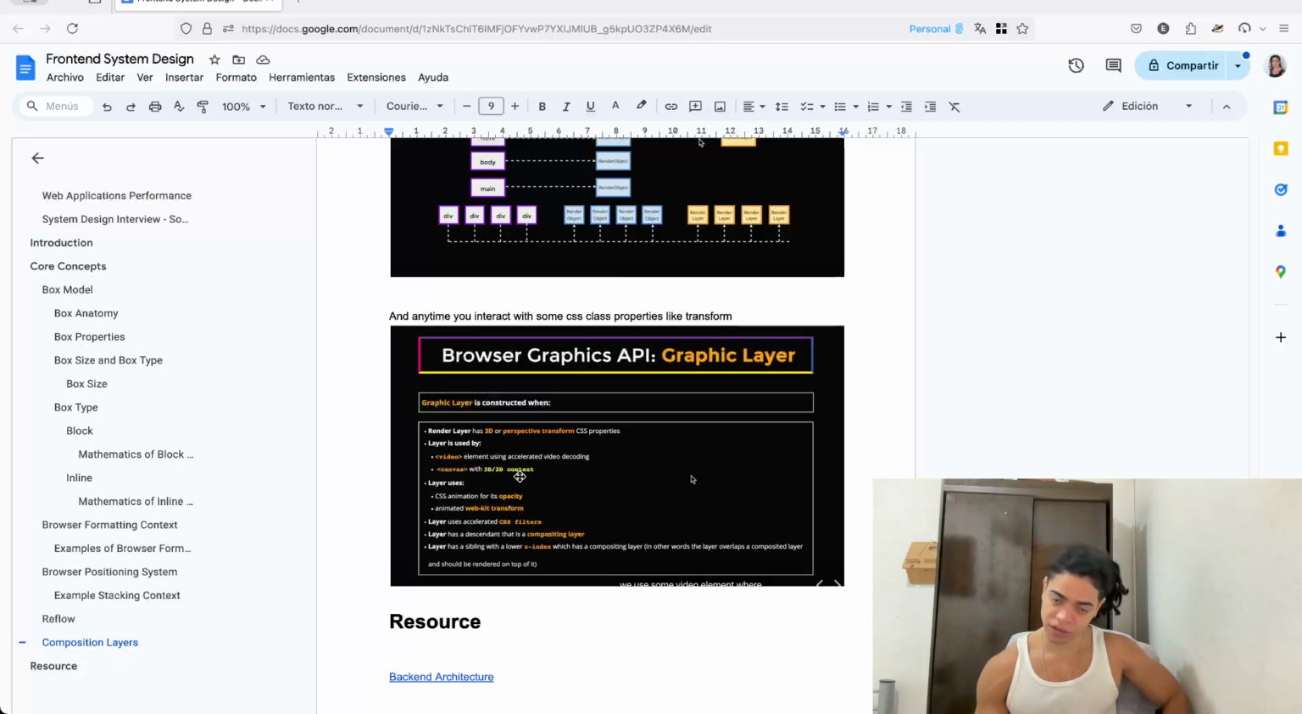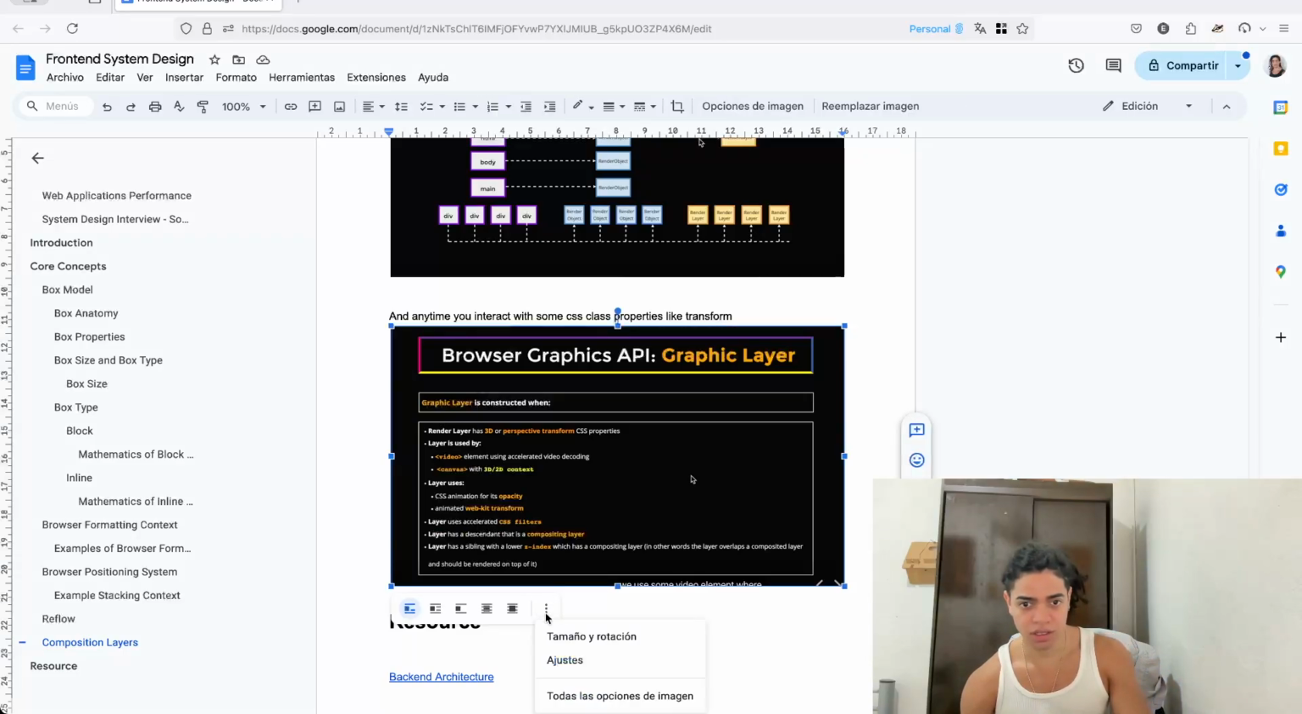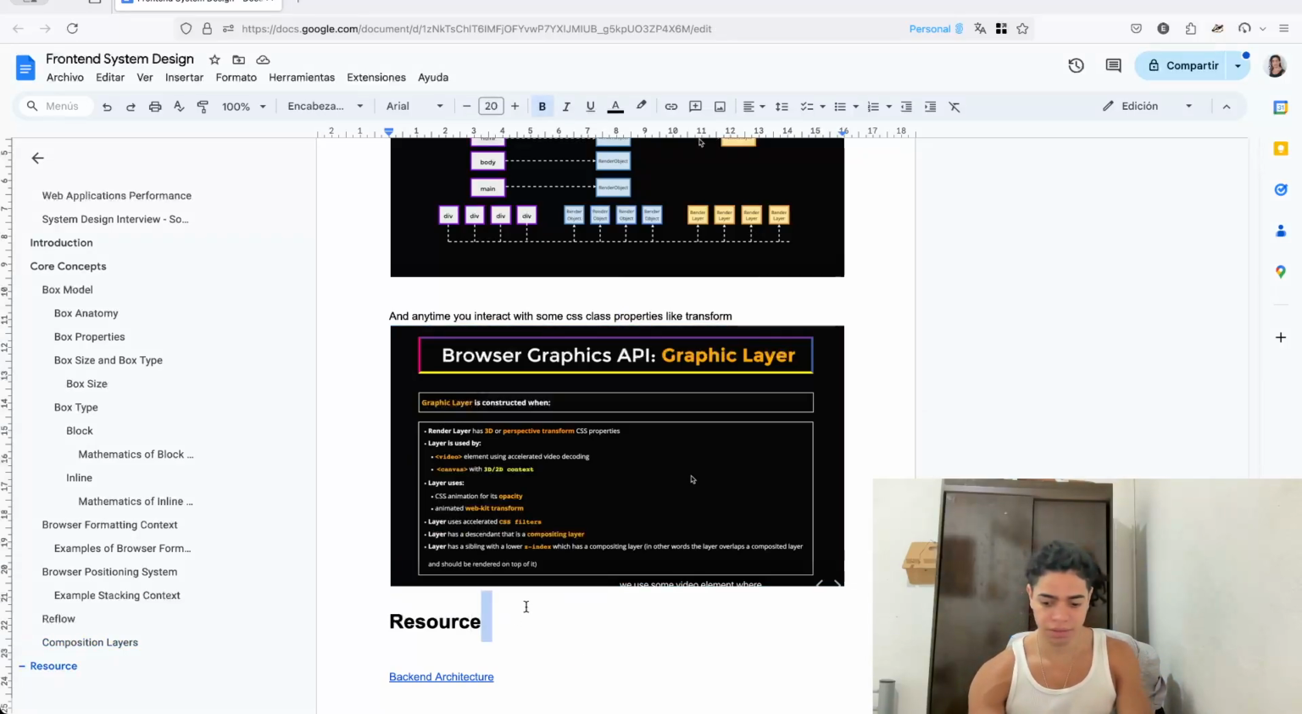So what is it doing behind the scenes when you create a context? We are creating a graphics layer as well. A layer is used by video and canvas. A render layer has 3D or perspective transforms. A layer uses CSS animations for its opacity. Animating WebKit transformations. Actually, you can see this because it's very